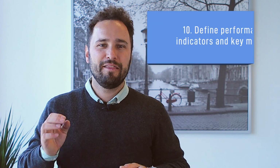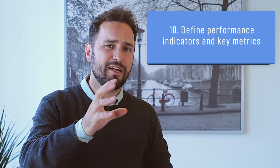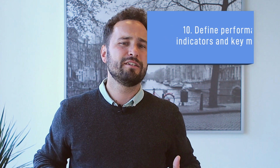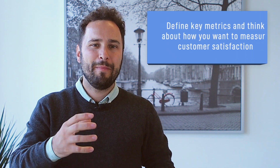Number 10. Define performance indicators and key metrics. Building a customer-centric culture isn't a one-off effort. It is an ongoing process. To make sure you're on the right track, you will want to define key metrics and think about how you want to measure them. Today, many companies rely on indicators such as the Net Promoter Score, or NPS, Customer Effort Score, CES,